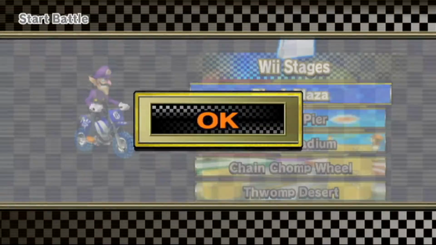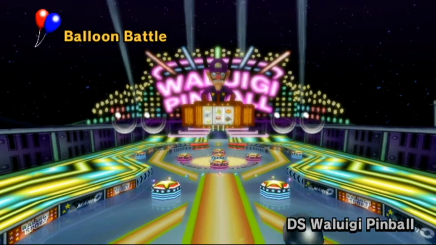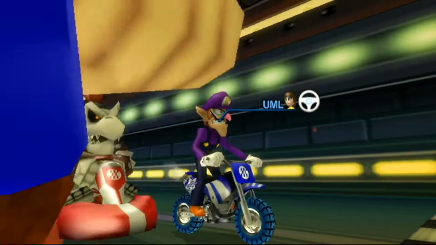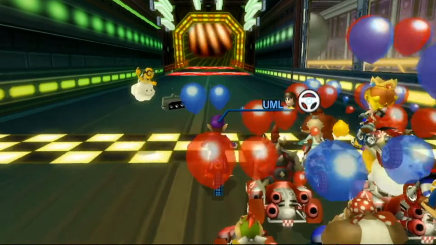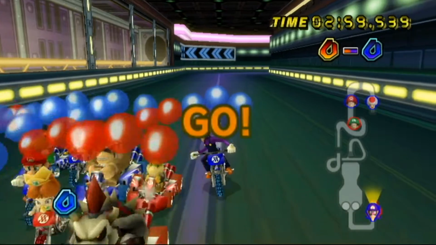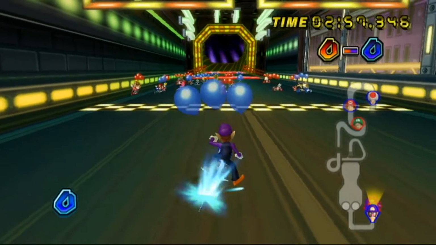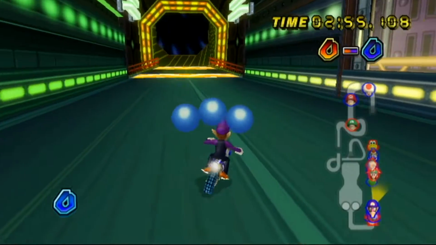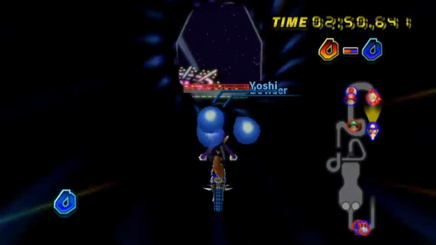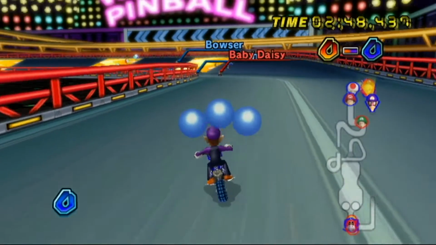So we'll start off with Block Plaza. Wait a second. Is this a glitch? I'm really confused. Is this a glitch? Oh my gosh. Okay, we're just gonna battle on this track here? Dude, that is awesome. I mean, I know it's a glitch. It has to be a glitch, but like, if they actually incorporated battle mode on all of the racing courses,